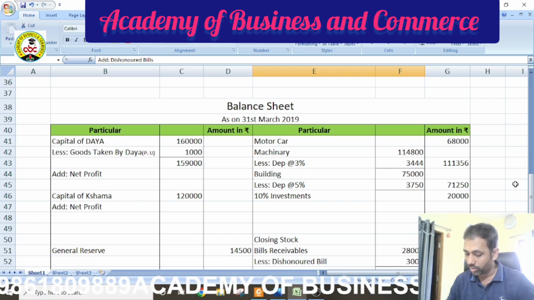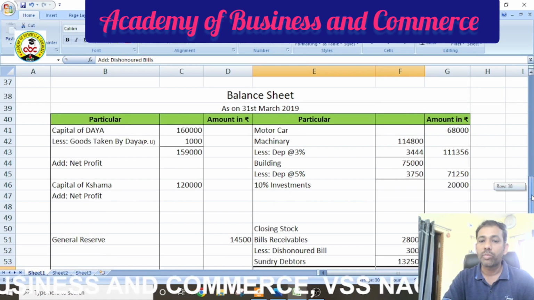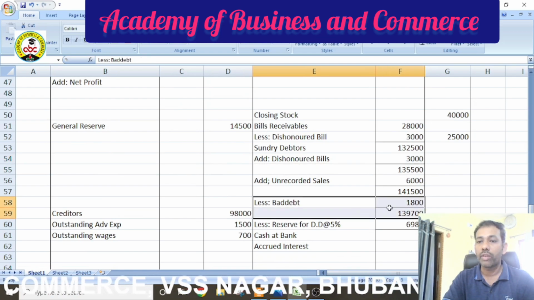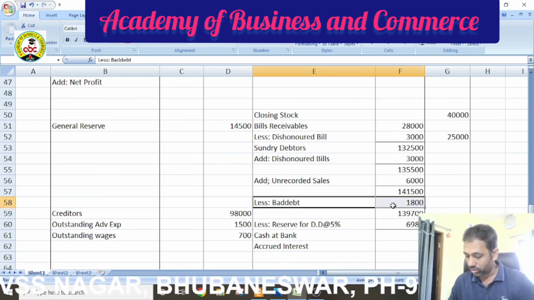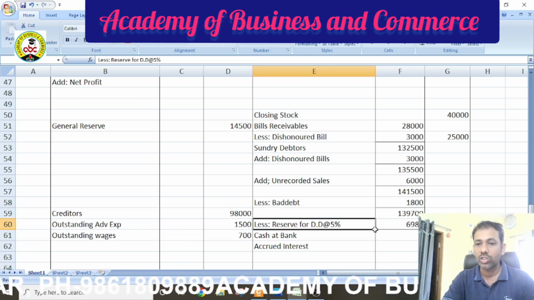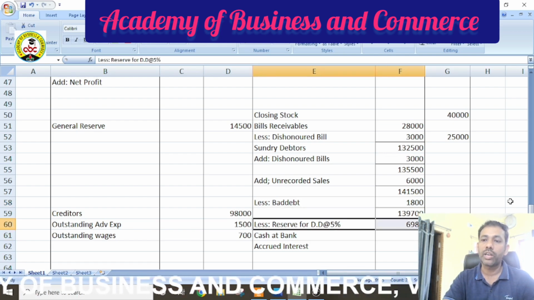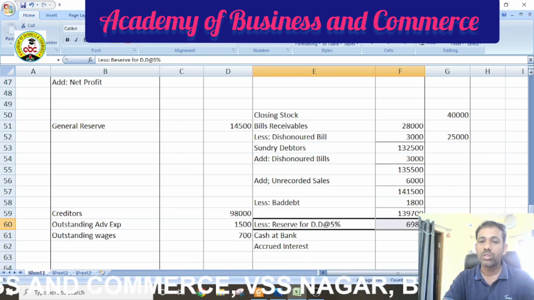Then the written-off bad debt of 1,800 is deducted on the asset side from the debtor, and the same amount we have taken into the debit side of the PL account. And the reserve for doubtful debt, which is charged at the rate of 5% here, is also taken on the asset side of the balance sheet by deducting from sundry debtor and also charged to the PL account debit side as